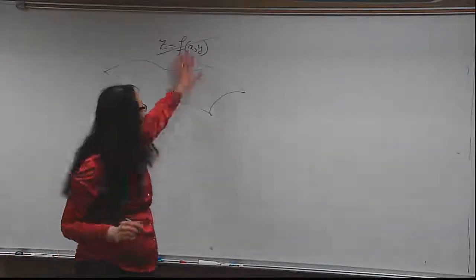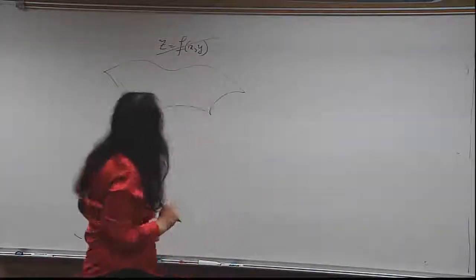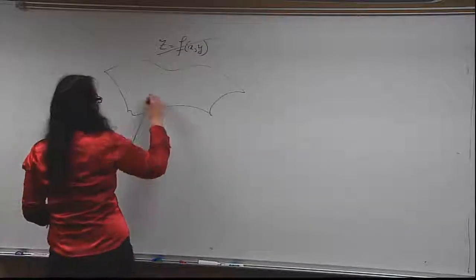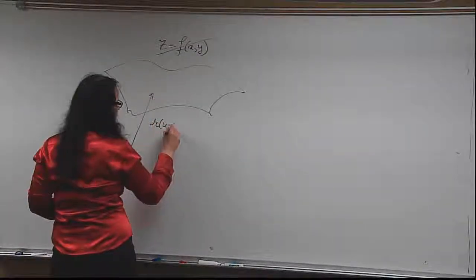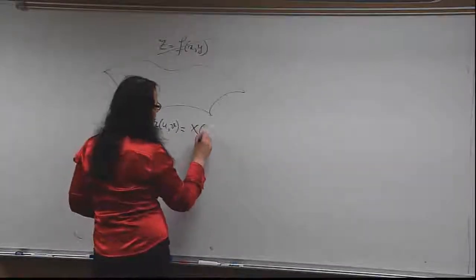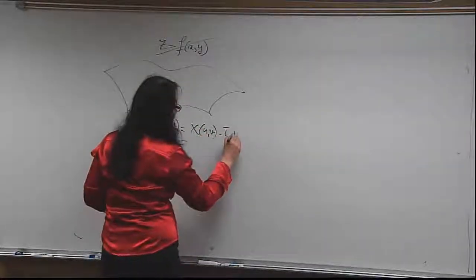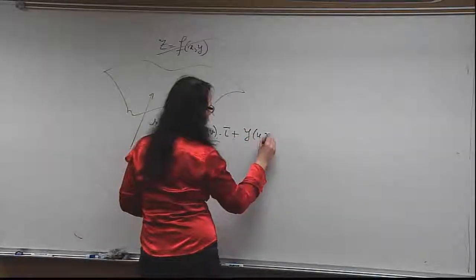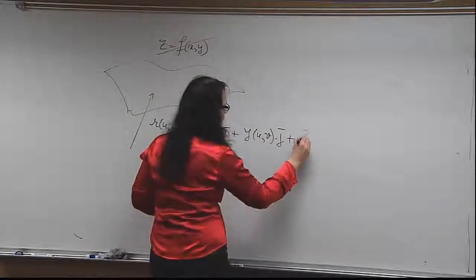Locally, it does look like a graph on a small neighborhood. But in general, it's given by R of u, v equals x of u, v i plus y of u, v j plus z of u, v